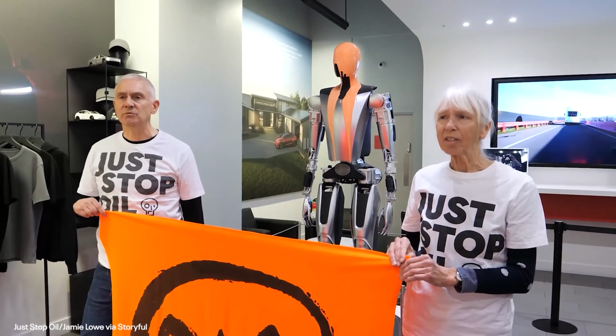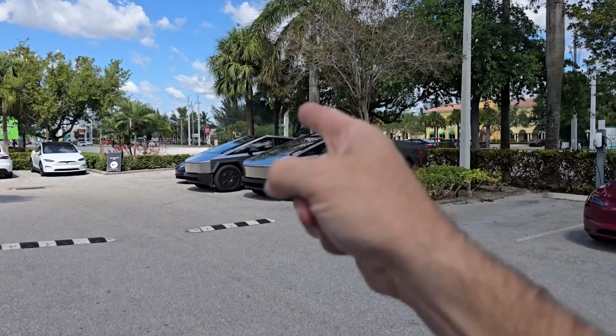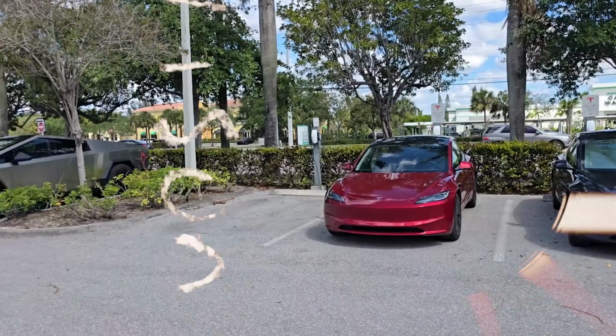Shut down the fascists! Shut down the fascists! Shut down the fascists! Because there were a significant amount of protesters right along this road yesterday, few of which